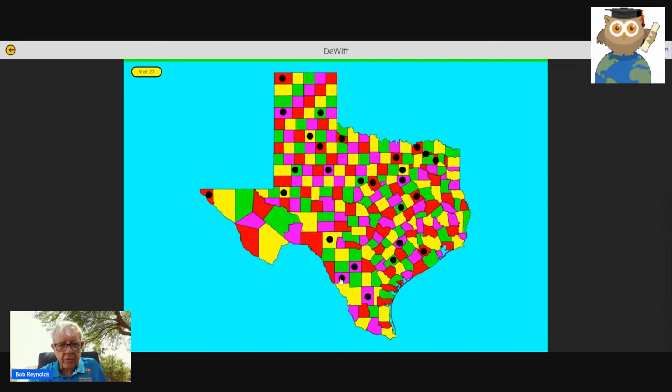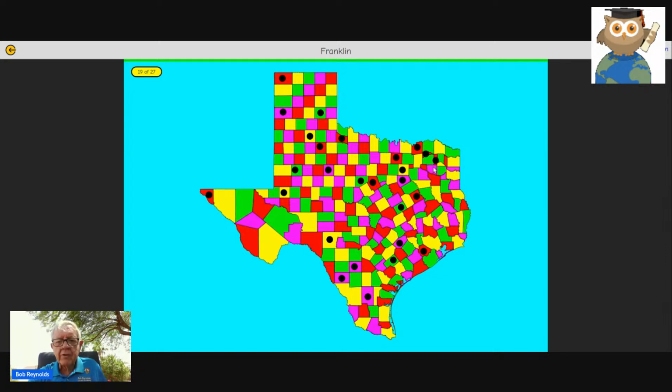DeWitt, I think this is DeWitt. Falls, I said was green. Floyd, Deaf Smith, Fisher, Fayette, Fisher, Dickens, Frio. This is Dimmitt. This is Frio. Okay, good. Ford, I don't know how to pronounce that. It's spelled differently than the Ford car. El Paso is easy. Duvall, I think it's the purple one down here. Franklin,